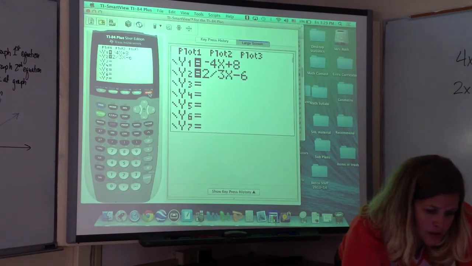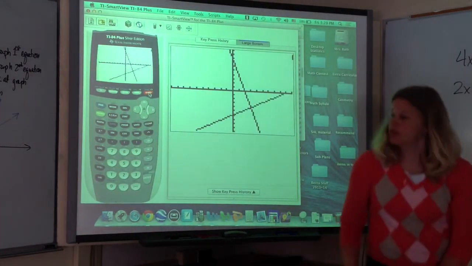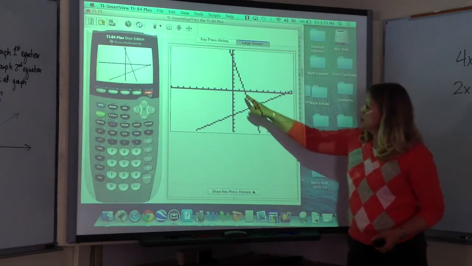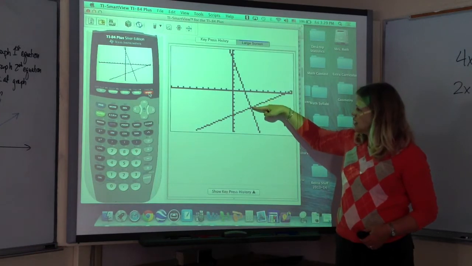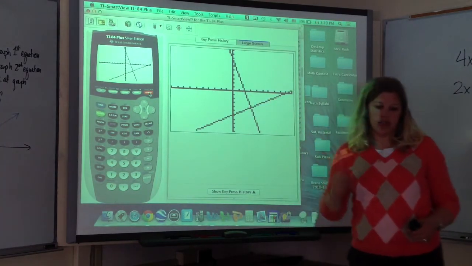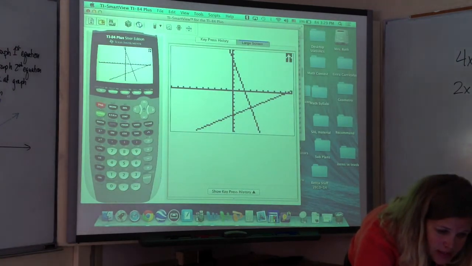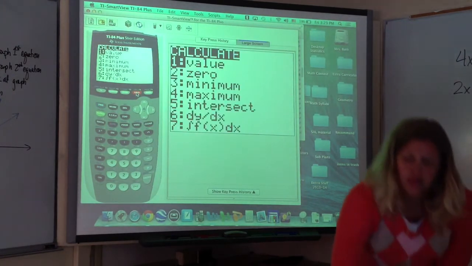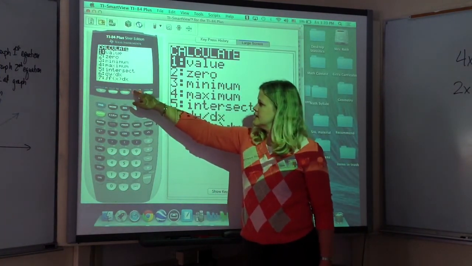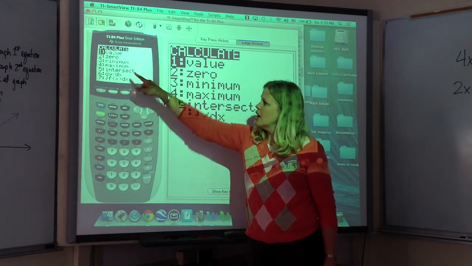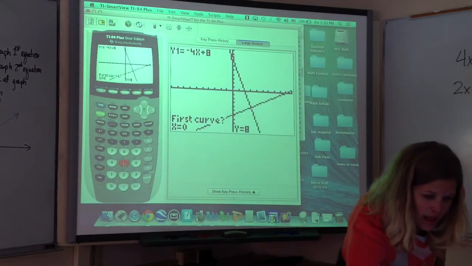Okay? Now, when you go to graph, you're going to see the two lines, okay? And maybe, especially if you have the new calculator, you could go, well, that's 3, and that looks like negative 4. But there's an even better way to do it. If you press second calc, which is right above trace, okay, so I press second, and then this trace button, it says calc, you can go down to intersect, and they ask you,